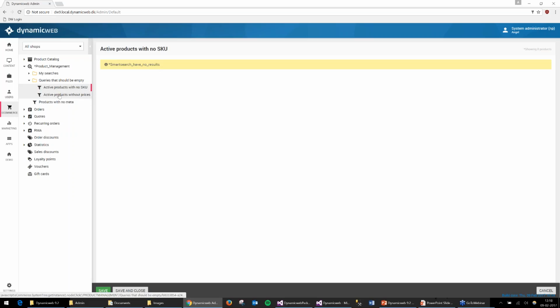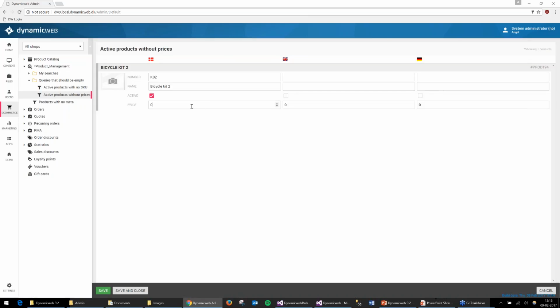I have another scenario. Give me all active products that don't have a price, which is also a bad thing because I don't want to sell products that don't have a price. And right here I can see I found a campaign product that has a price of 0, and that's probably a mistake. So it should either be deactivated or be given a price, so we don't have it on the website sitting around for 0